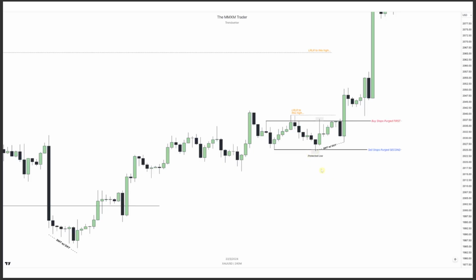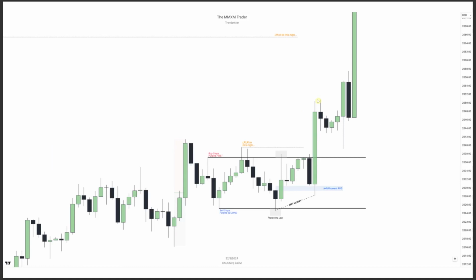And what was key, again, mechanical approach? We want to see 1, 2, then SMT happen, making a higher probability protected low, and then the low resistance liquidity run should happen into the high. So zooming in a little bit more, now that we know that we have SMT, we have a protected low, we know the LRLR is going to move into this high. So where does the opportunity lie? We always want to be a buyer in discount, right? And we can actually see a 4-hour discount fair value gap here,